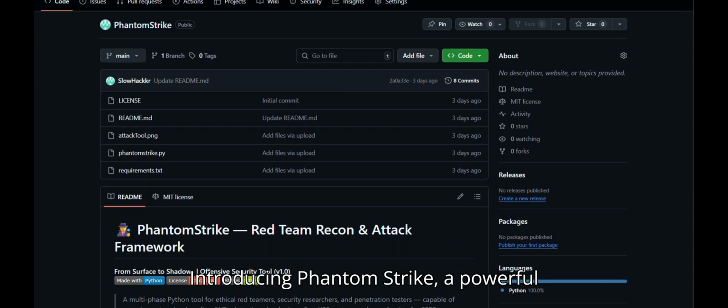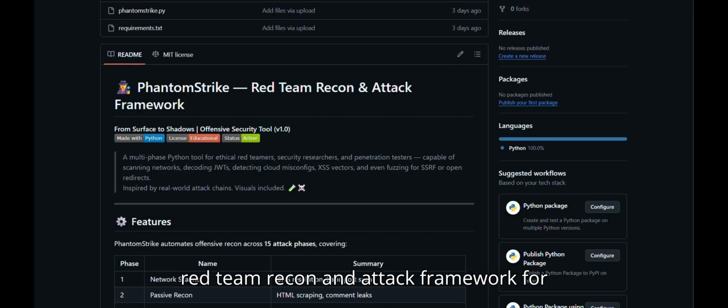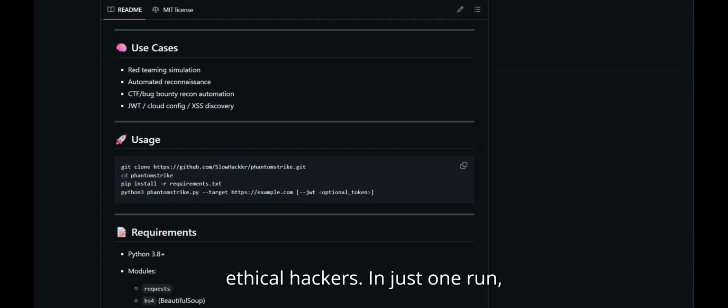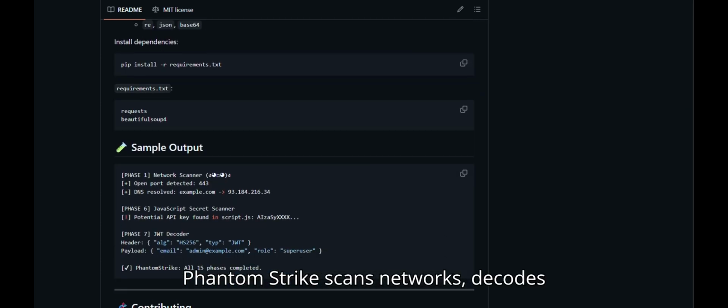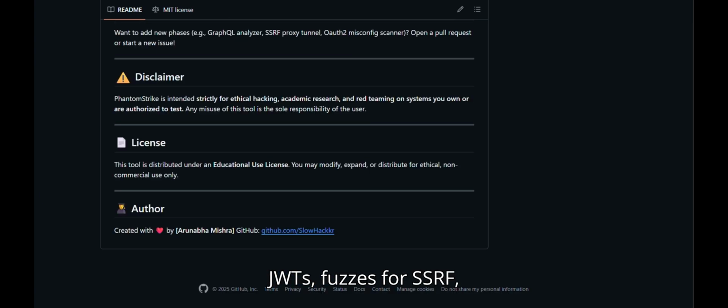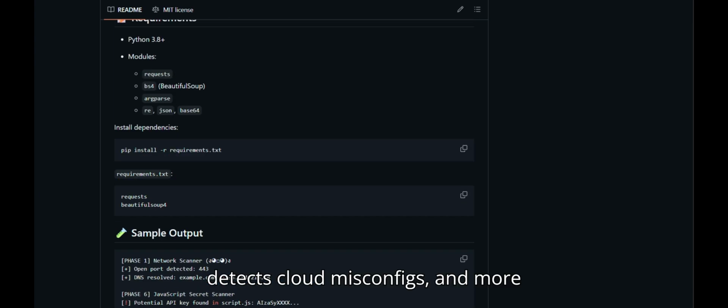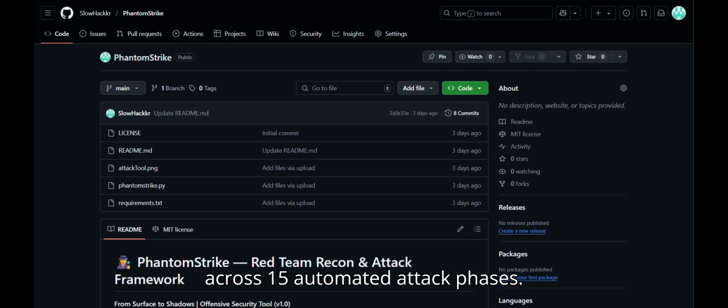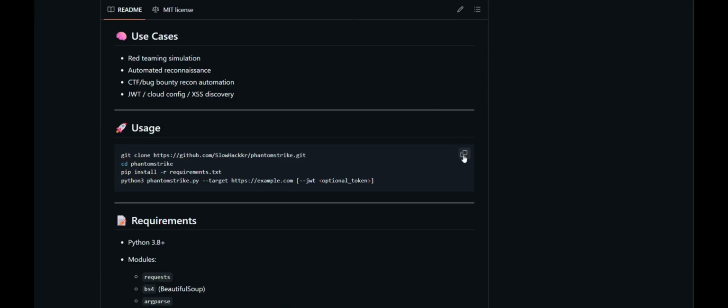Introducing PhantomStrike, a powerful red team recon and attack framework for ethical hackers. In just one run, PhantomStrike scans networks, decodes JWTs, fuzzes for SSRF, detects cloud misconfigs, and more across 15 automated attack phases. From finding open ports to uncovering hidden API keys in JavaScript and even testing weak JWT algorithms, this